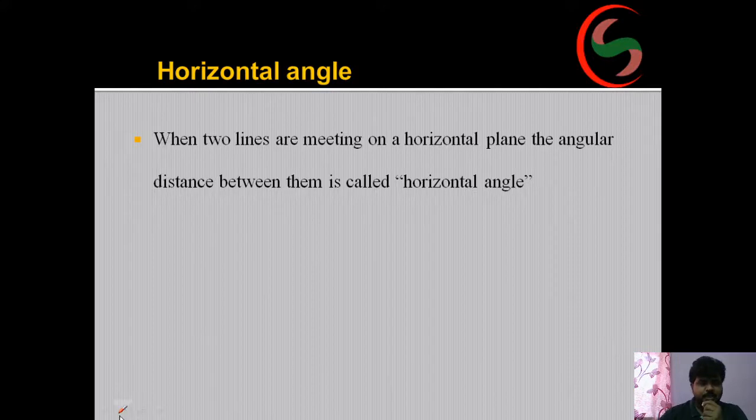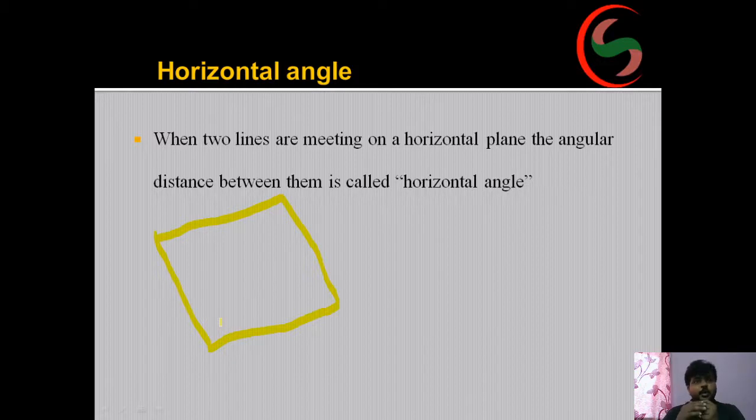For example, consider this as a room. What do you mean by a horizontal plane? Our floor where we walk is a horizontal plane. What do you mean by a vertical plane? Our walls are vertical planes. In your classroom, the top of your bench, if it is plane, is a horizontal plane, right?